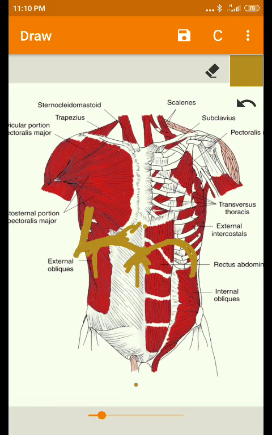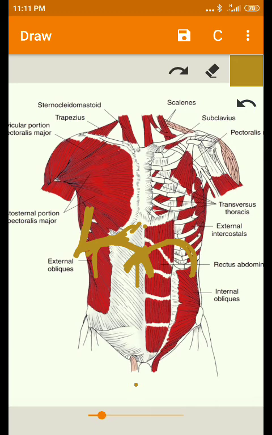Without sufficient compliance in the abdominal muscles, meaning the abdominal muscles do not contract or relax as required, that is called compliance here. Distensibility, how much. Compliance is defined as change in volume per unit pressure. So without sufficient compliance in the abdominal muscles, the central tendon of the diaphragm cannot be stabilized here, and lateral expansion of the chest wall does not occur.